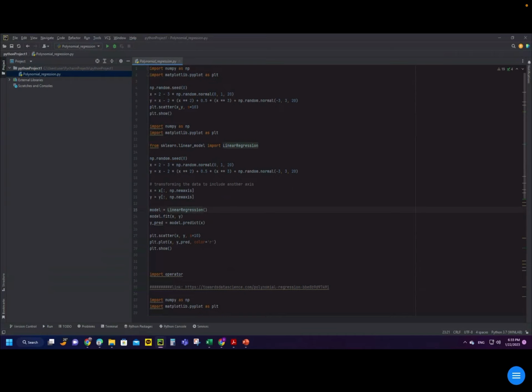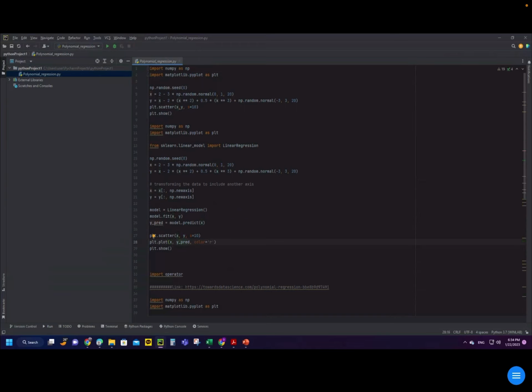For the linear regression function, the model that we are going to use is linear regression, and you are going to fit it. We declare that with the model. This is the handle. So now model.fit will work on your x and y values, and then model.predict will predict your y predicted values. Then it will create the scatter plot, and finally on the x-axis you will have your x predictor variable, and on the y-axis you have the predicted.